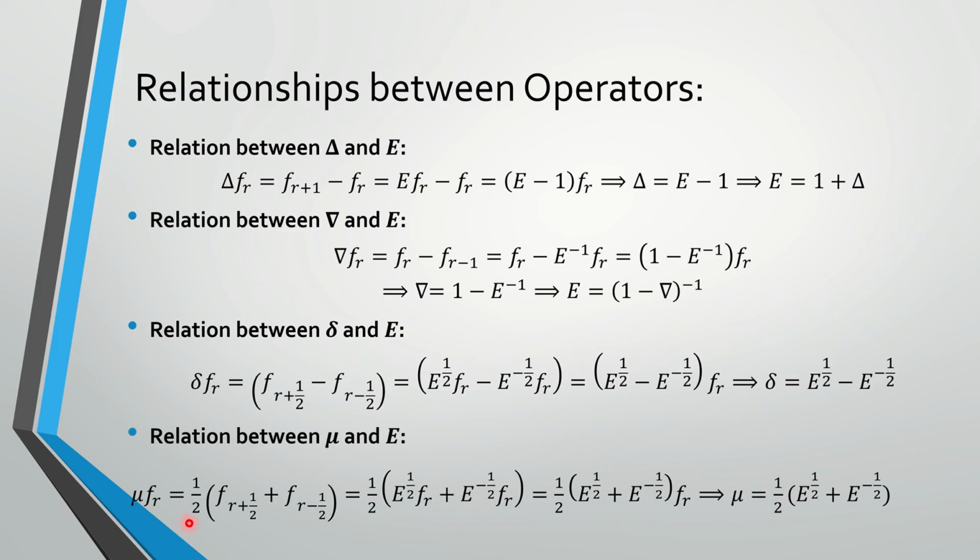we are having only 1/2 here, and then minus को replace करना है plus के साथ, तो यहाँ पे same step आएगा, बीच में plus आएगा, so we have mu is equal to 1/2 e power 1/2 plus e power -1/2. Okay, अब अगर हम एक्सप्रेस करना चाहें डेल को नेबला के फॉर्म में, तो आपने इन दोनों रिलेशन को